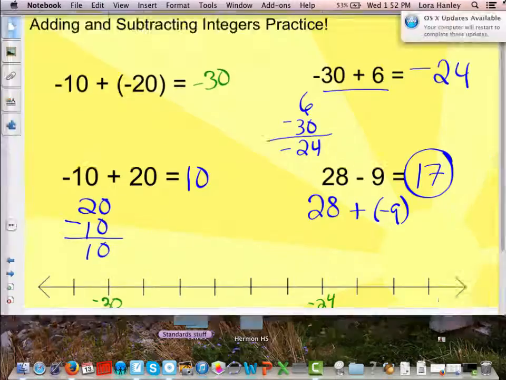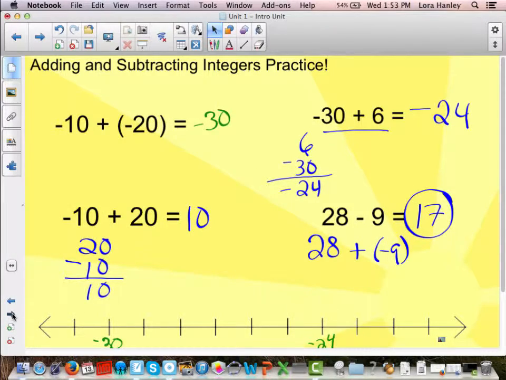Talk about adding and subtracting rational numbers such